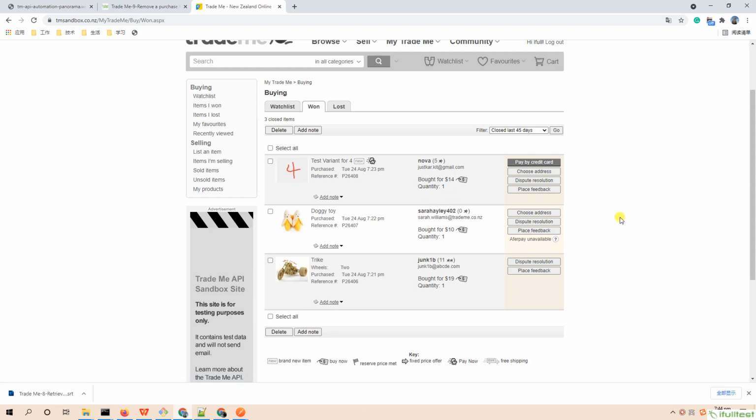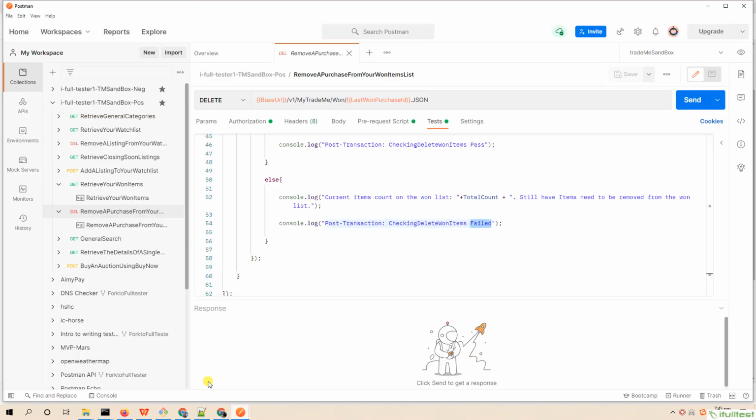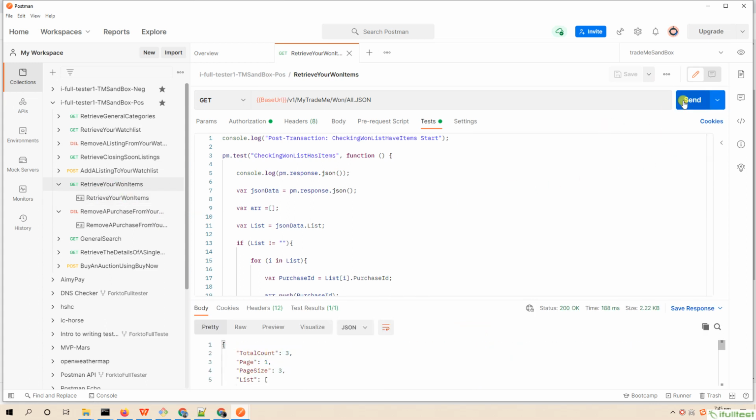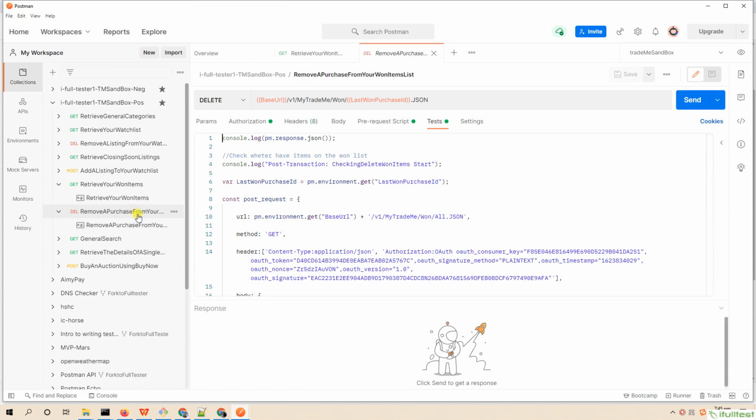Let us send the request and check from the test results and the console log. Send the upstream request first. Get response. Then second, send our main request.